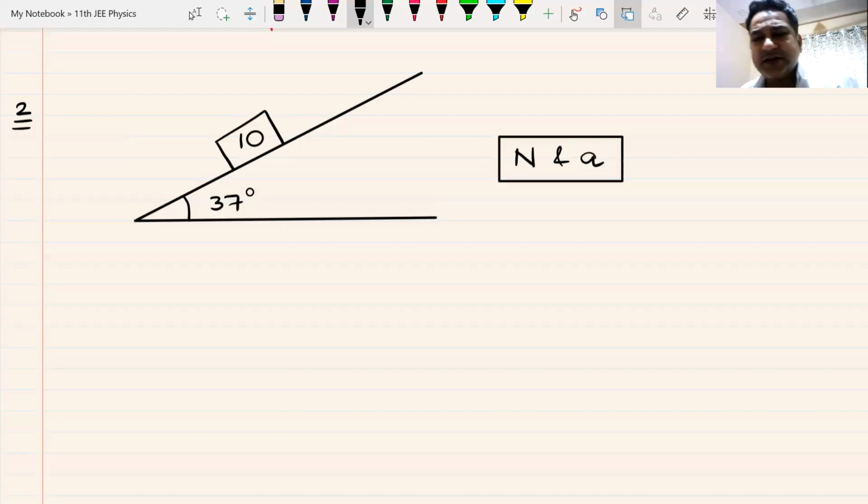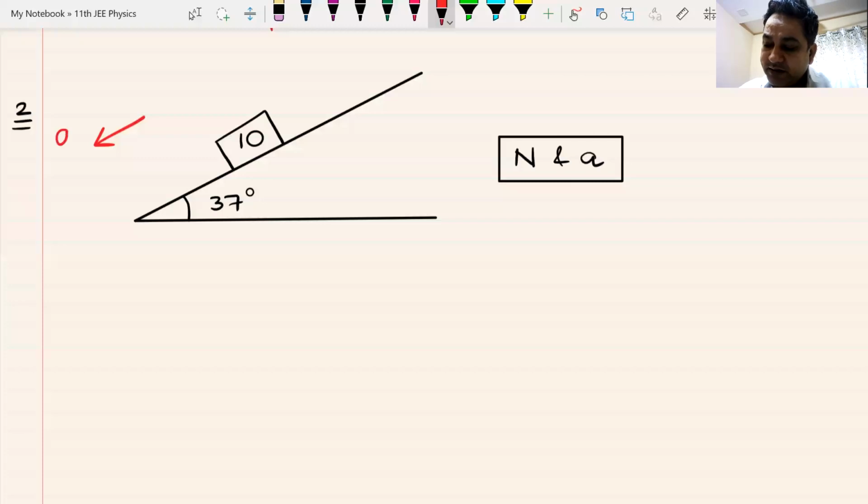It's easy to understand that this body is going to move where? Free to move. If you put it here like this on an inclined plane, in which direction is the body going to move? Everyone knows this, yes or no? We know this, yes or no? In which direction is this body going to move? This body will definitely move down the incline with an acceleration a, yes or no? To find out that acceleration,